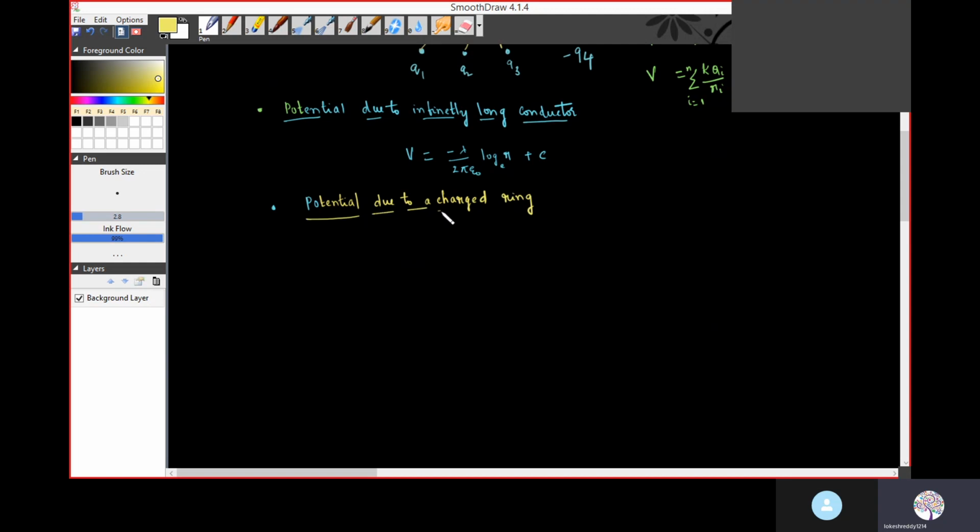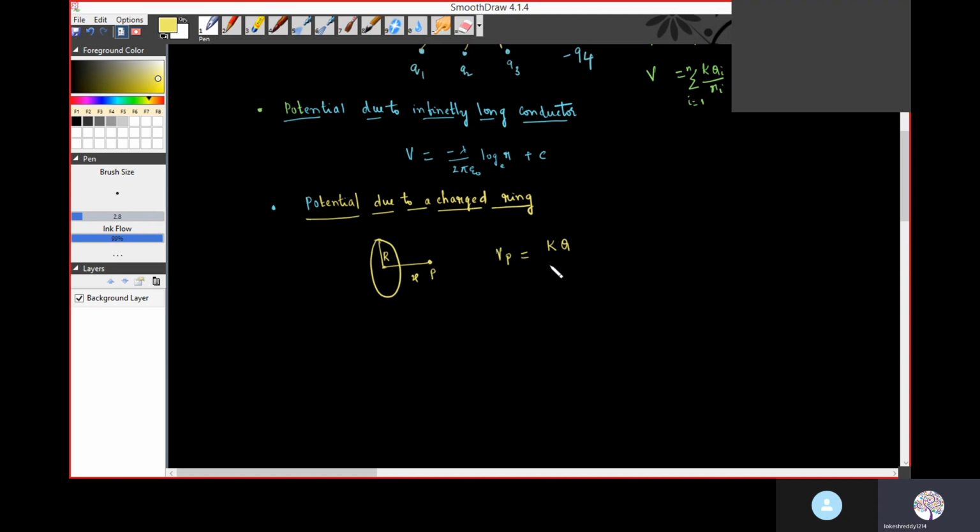So if you take this as the ring and at a distance x, if you are finding out the potential at a distance x, and this radius is r, then the potential at the point P is equal to